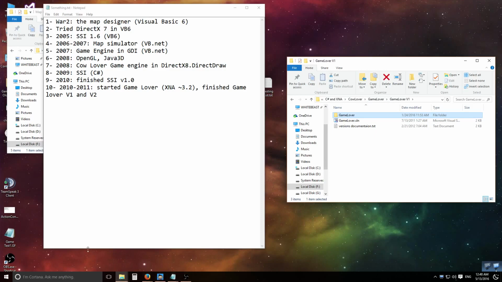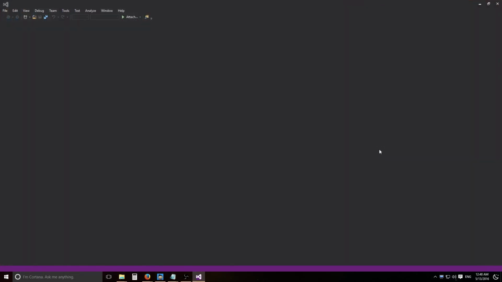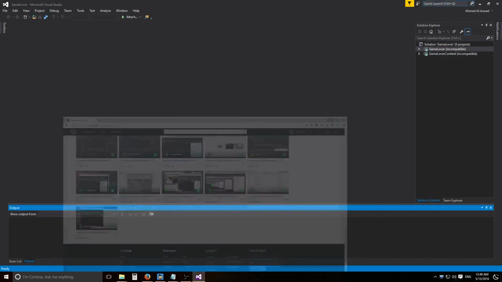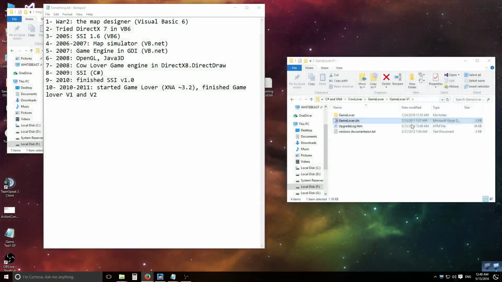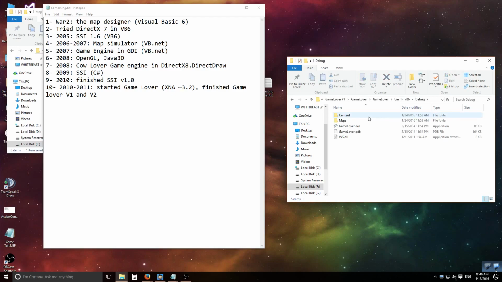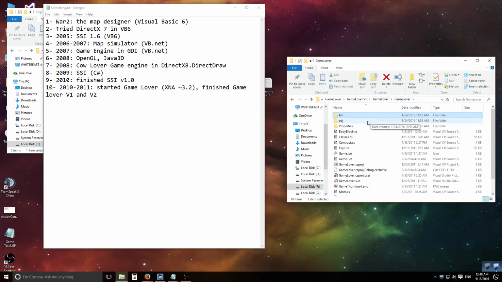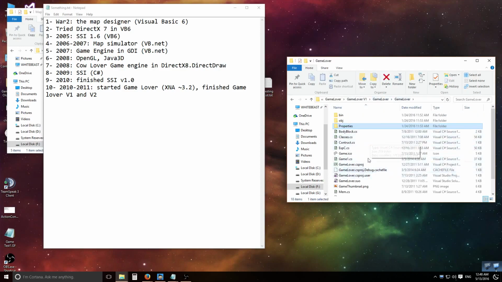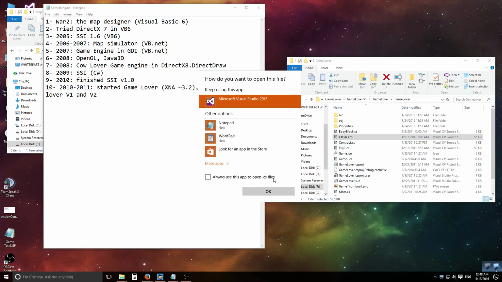Let me check if, yeah, I'm not running any Visual Basic. Oh, I see. So this thing might not work too. It's not supported anymore. Oh well. Yeah, in the old time they separated the content and the project in two different projects. But we can take a look at the classes. Give me a second. Where are the classes saved anyway? I don't know. It should be here. Oh great. So